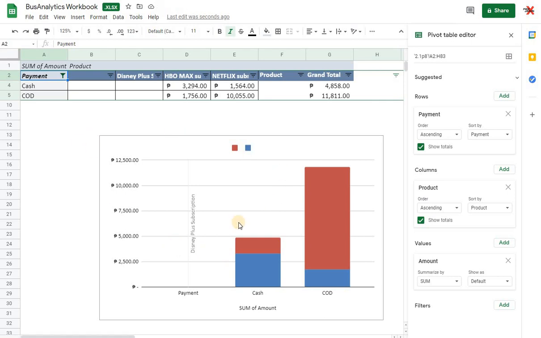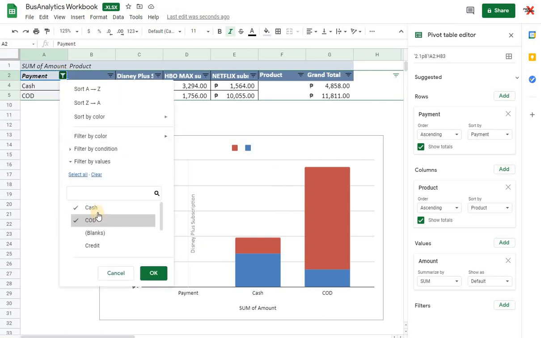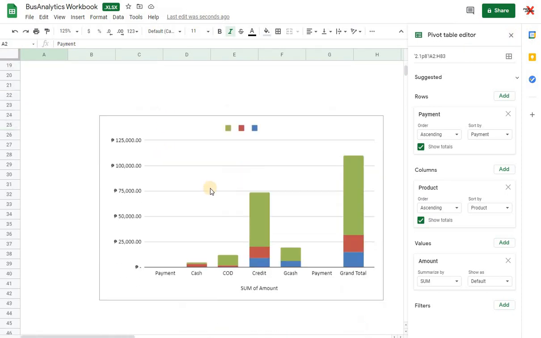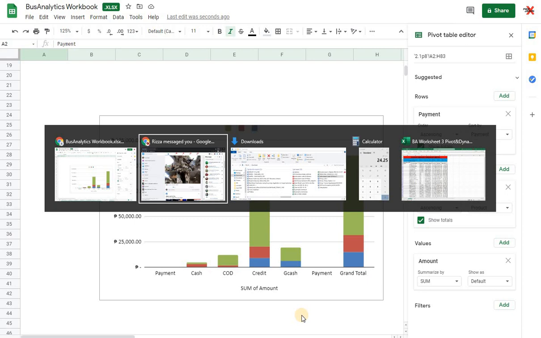Okay, so that's the good thing with Google Sheets. Okay, there is an option to create a dynamic chart, meaning any changes that you would make on your pivot table would also reflect on the chart. Okay, so again, if we would be using